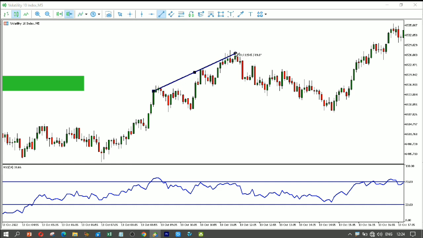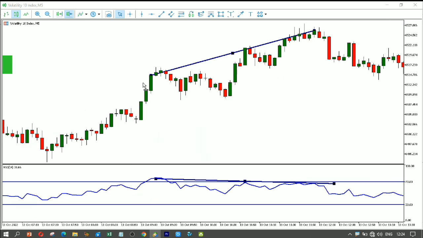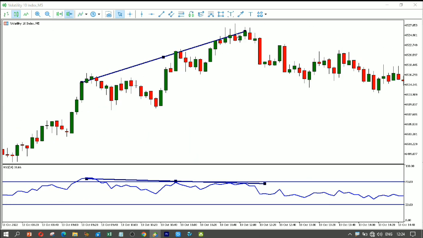Here's another example. Here we can see the market creating from this point here to this point here a higher high, right? And then on the RSI, if we touch this point here, which is the same point as this one, and then we do this, you can see that now here we had a chance to place a trade at this point right there. So we're going to sell here, put your stop loss here, and then you take profits at 3 times your risk